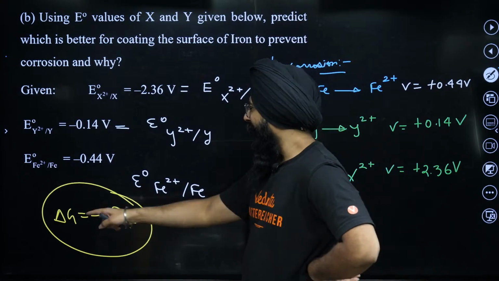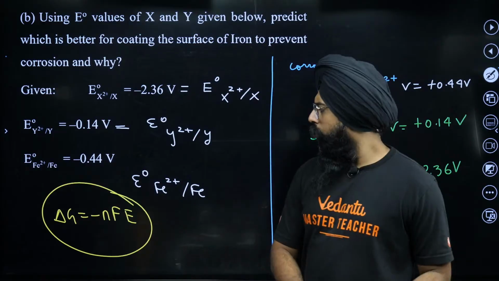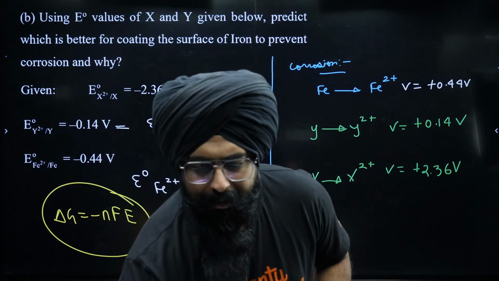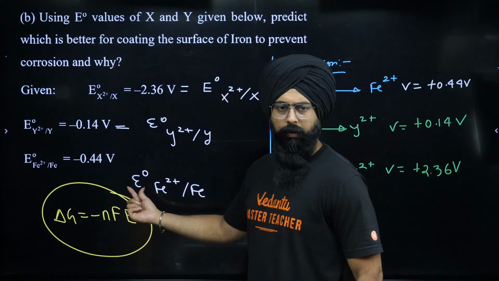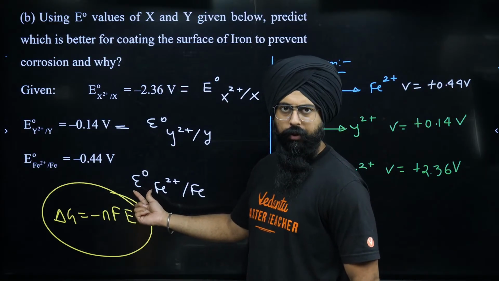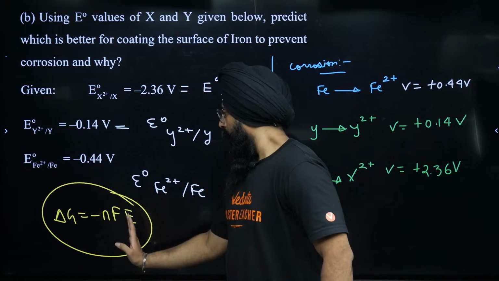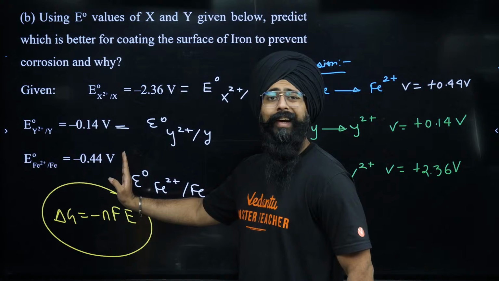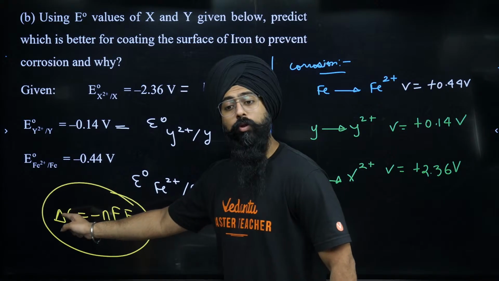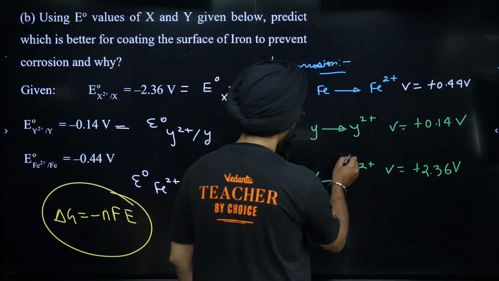Do you remember the idea that delta G is equal to minus NFE? Yeah. So delta G is equal to minus NFE. Can I say that higher value of potential is equal to more negative delta G? Higher value of cell potential, higher value of EMF implies more spontaneous reaction. Yes. So people, do you realize that this